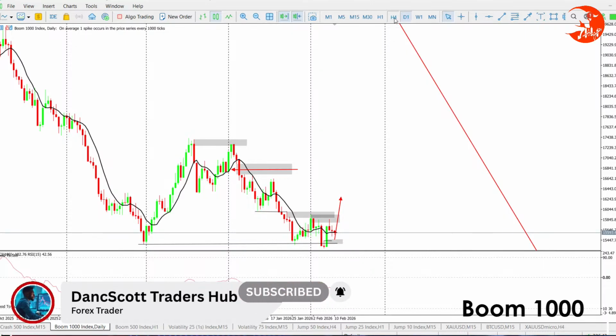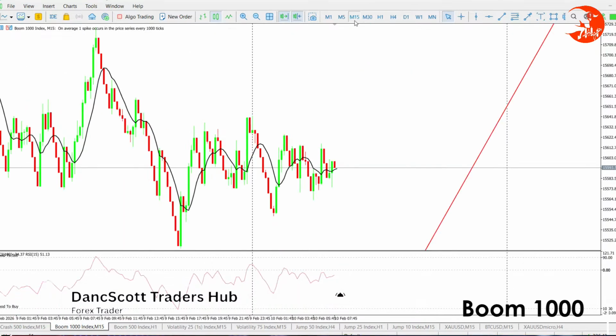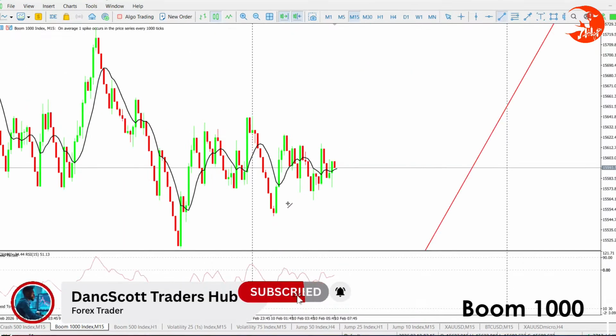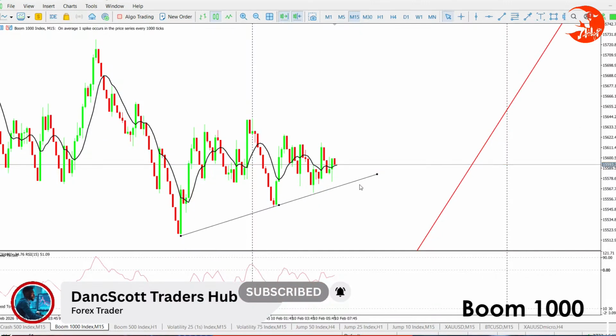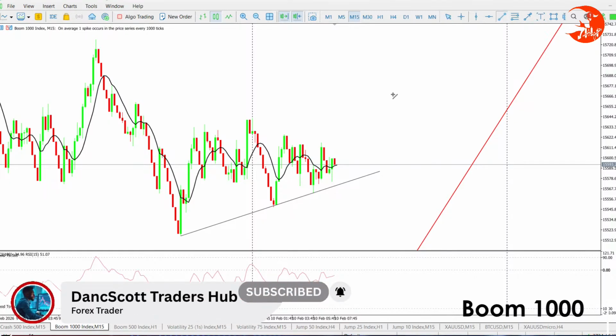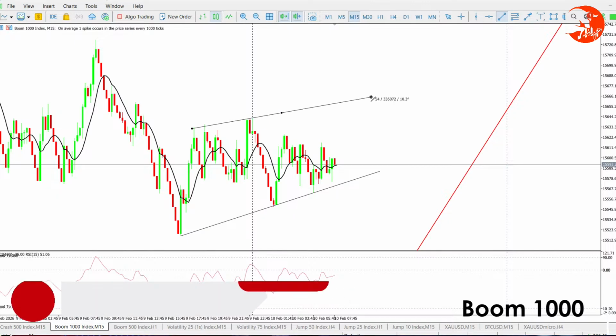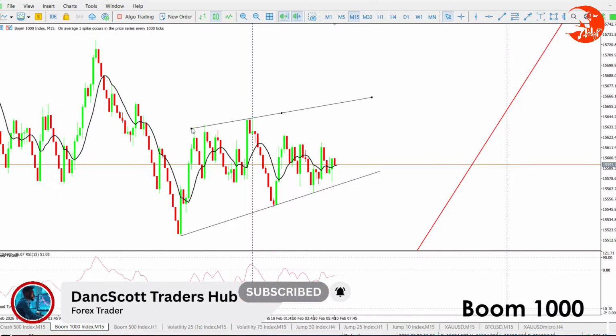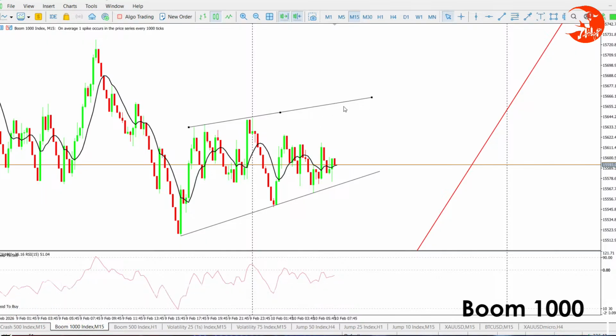According to daily, we need buys. Okay, so this I'm not going to focus on at all. This is not going to be my focus at all. I can't focus on this asset right here. It's still showing that it's gonna drop down for that move, for this move right here.